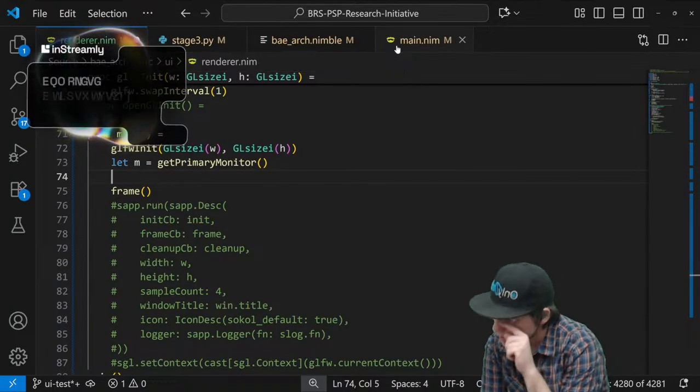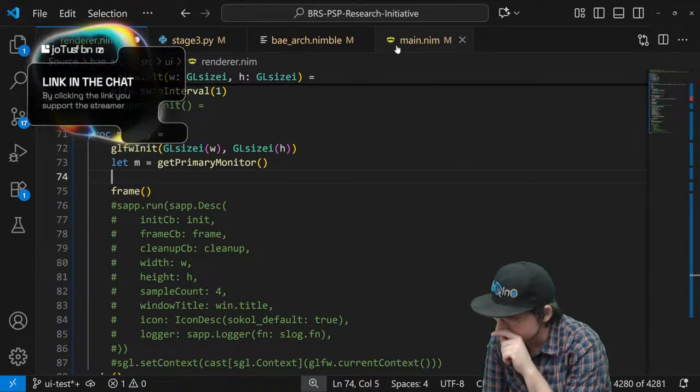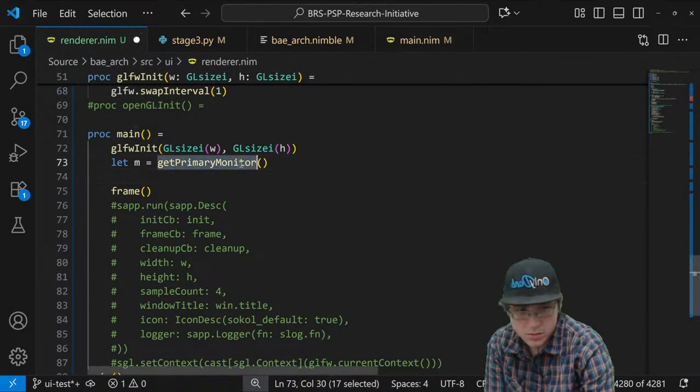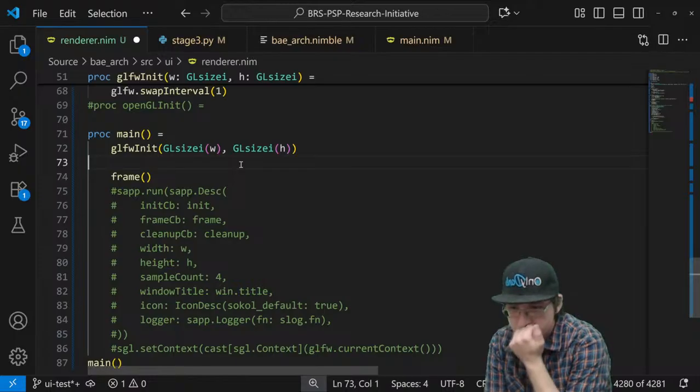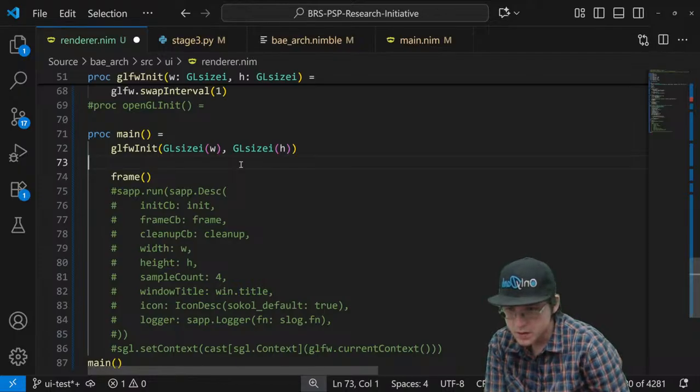Okay, so do I actually need to get the monitor right now? I'm going to leave that alone at the moment. Need to do one thing.